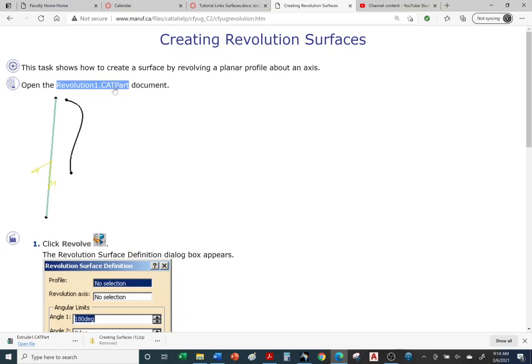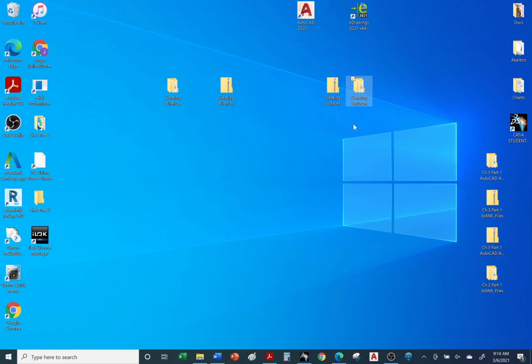Okay, so let's go ahead and download the file, Revolution 1 cat part. Click on it. You can open it from here, right? Make sure you have CATIA open. It should also automatically load CATIA if it recognizes that it is a CATIA file. Or if you want to open this file from the unzipped folder, the extract folder. So once again, don't use the CATIA files from the zipped folder. You first right-click, extract, which will give us this folder. So if you want to do it from here,